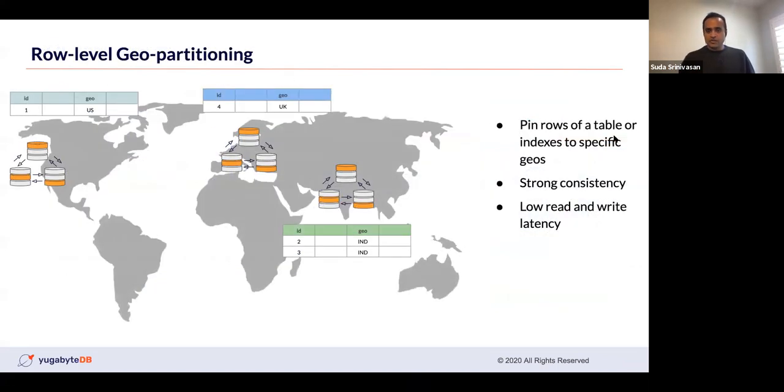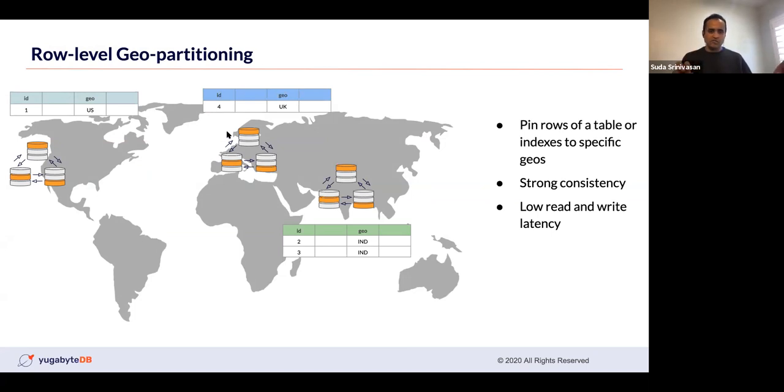So row-level geo-partitioning, I want to spend a couple of minutes talking about that. This is a concept where you have a single table, and in November 2020, we announced row-level geo-partitioning support in YugabyteDB. It allows you to take a single table and, based on a column of the table, partition it. So you break it up and say you have a geo column which says where this user is located, and based on the value of that column, you can geo-partition a single table and then pin those rows